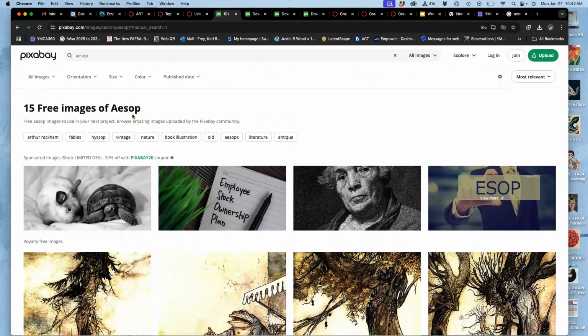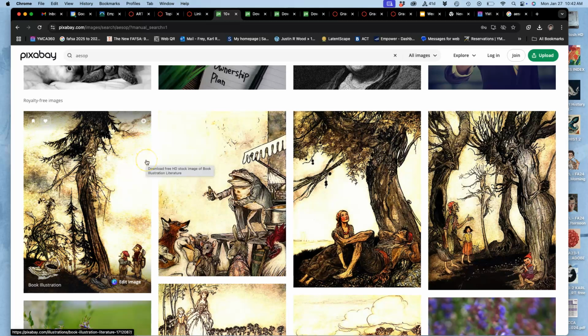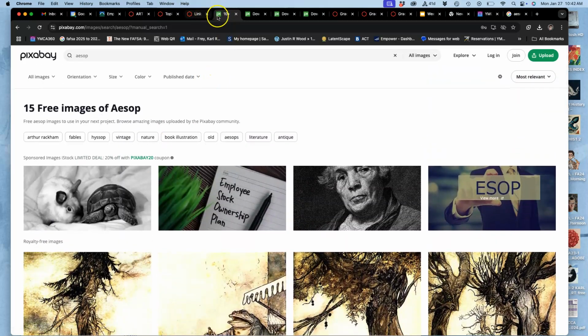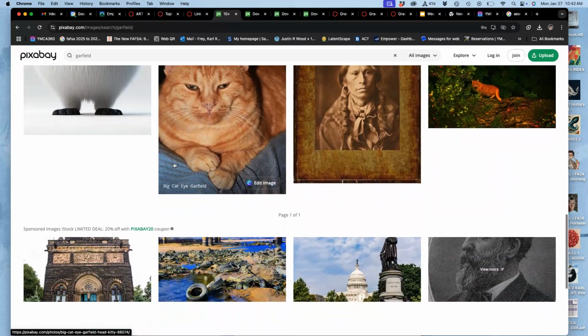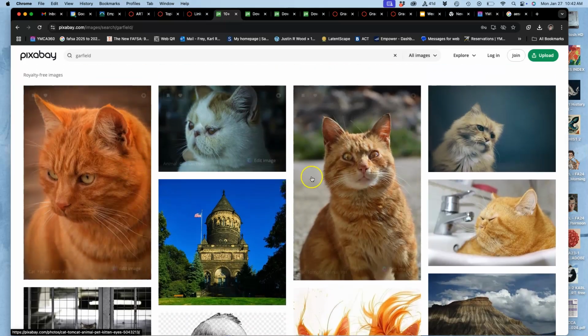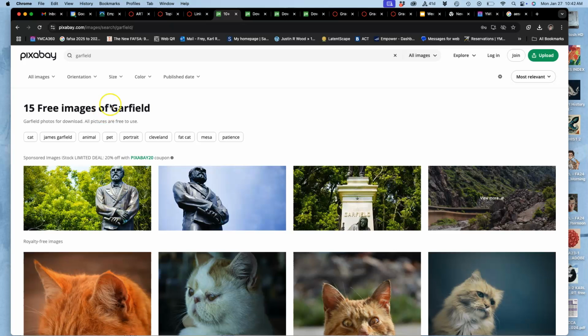Now, Aesop is incredibly specific. He's a Greek writer, and these stories have been told over and over again. So these illustrations are old enough to be in the public domain now, which is why they're included here. But there are other ways we can search for things. If I search for Garfield, which is still an active intellectual property, I will find things, but I'll probably not find cartoon images of Garfield. I just find cats that people have donated that look a little bit like Garfield. So the problem with Pixabay, which is also the advantage, is that it is for work that does not have a copyright claim to it, right? These are donated images that you can